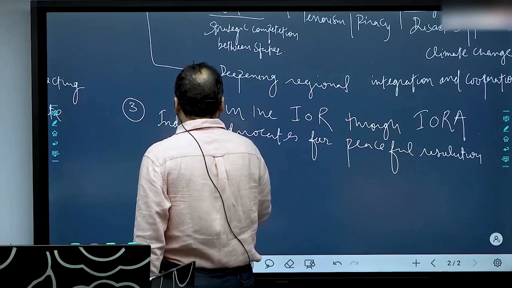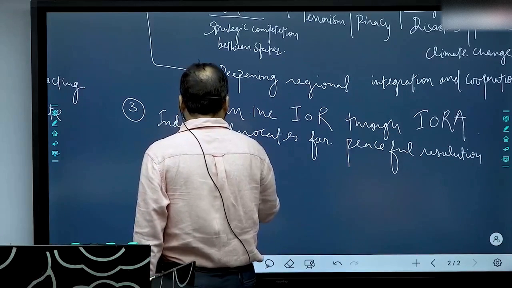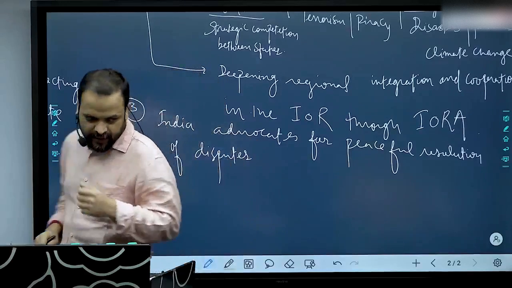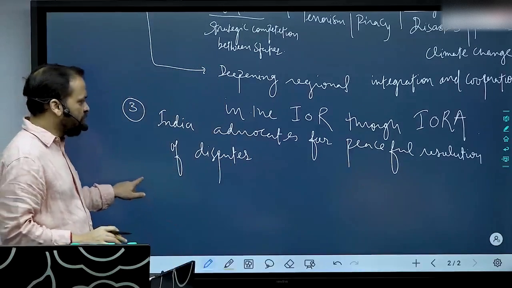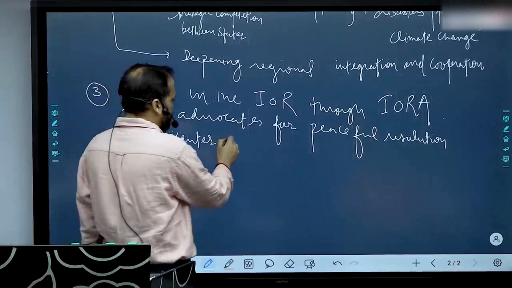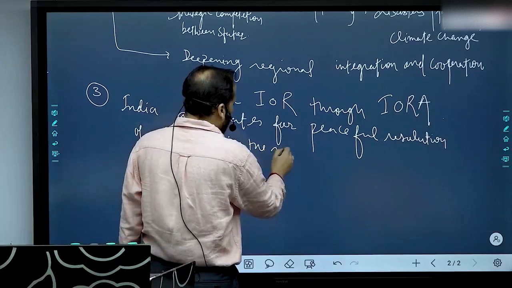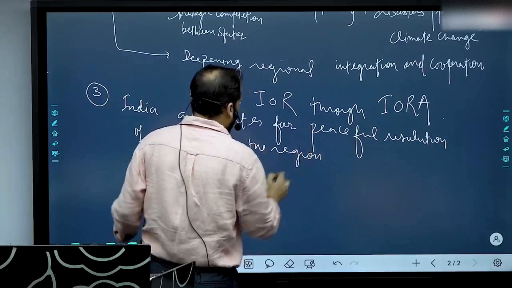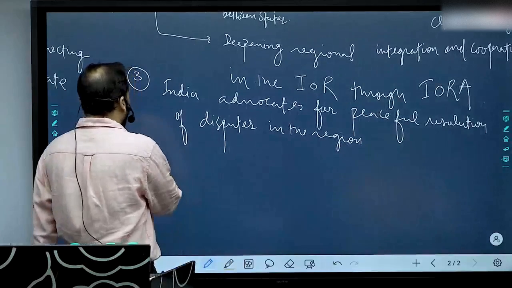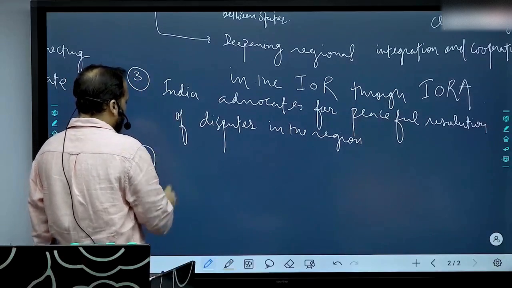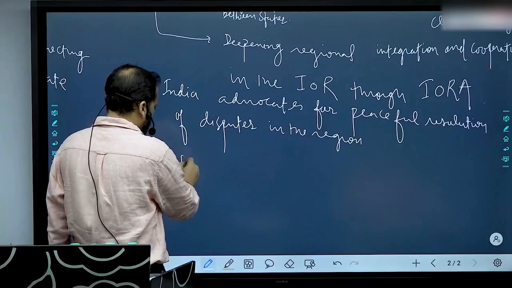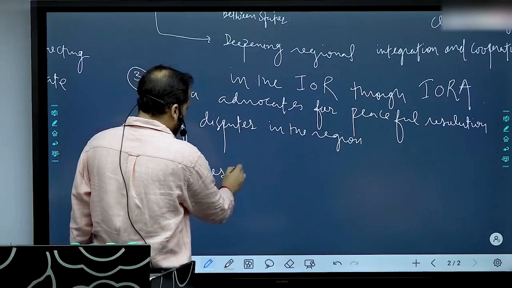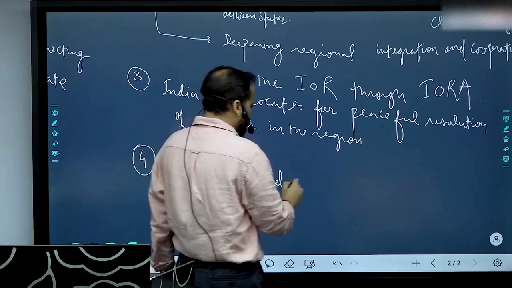This would be one point which would be ever present in whatever India is doing, right? India advocates peaceful resolution of disputes in the region, and India advocates a rules-based order